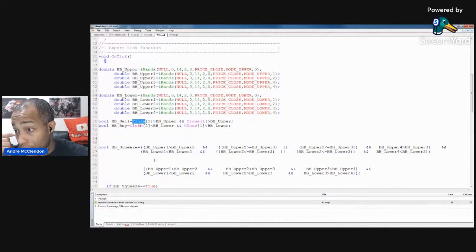The close of 2 is greater than upper, and the close of 1 upper. Okay, the first problem is that these don't match. BB upper is current. It should be